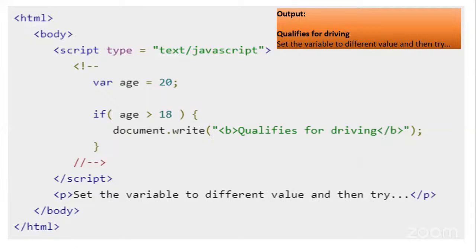So in the last session, we covered a few points about what is a data type and what different types of operators JavaScript provides. We have seen some examples also to understand the concept of the operators. So in today's session, we are going to discuss one of the important topics in JavaScript, that is the control statement